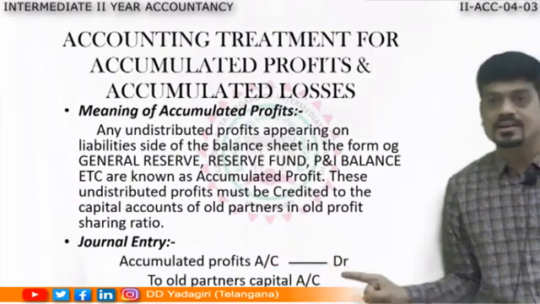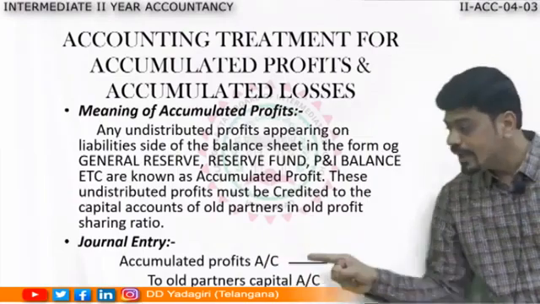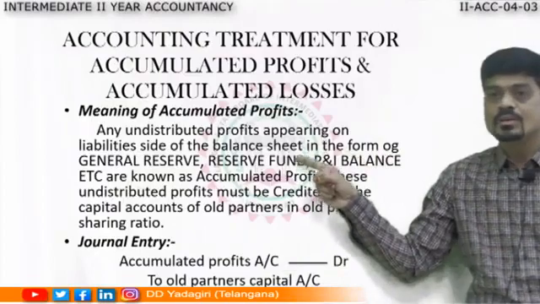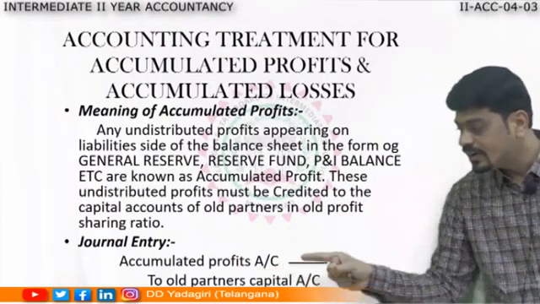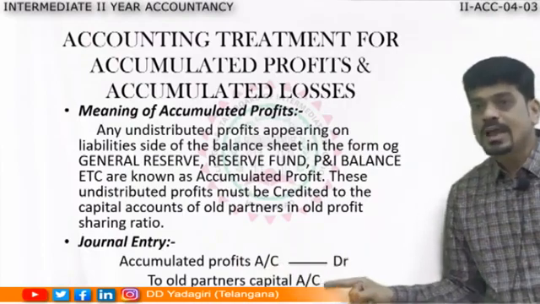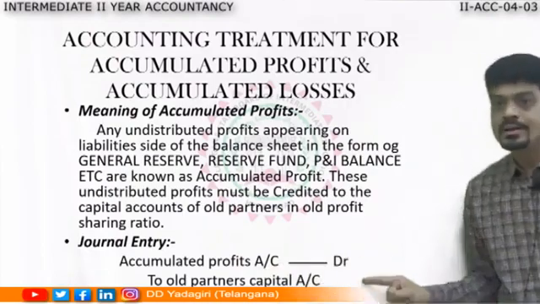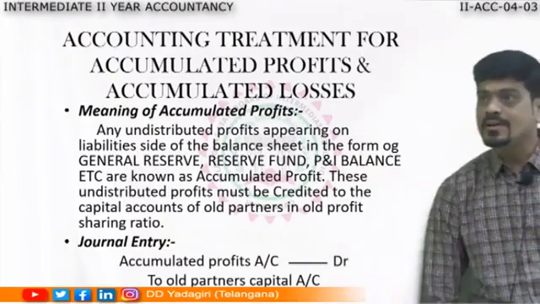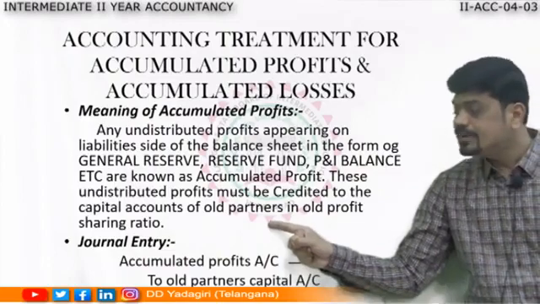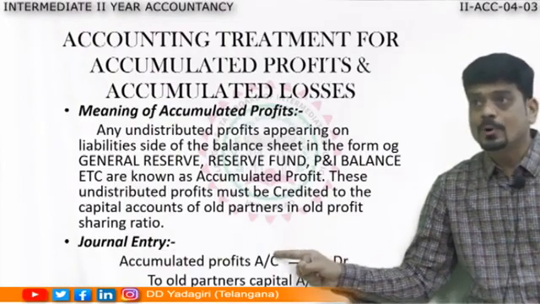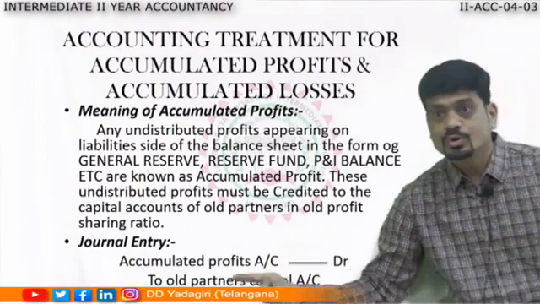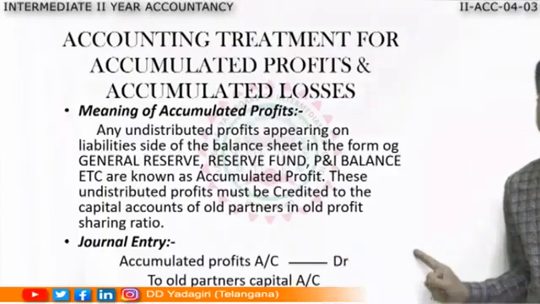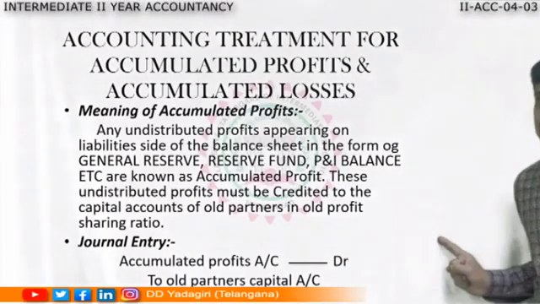Let me say 2 old partners are there, X and Y. So to X capital, to Y capital. Like that, let me say they told reserve fund. So we'll substitute reserve fund account debit to Rosy capital account, Gold capital account. Like that, whatever names of the partners are given, we are going to distribute. Then what will be the effects? In that particular account, that is the accumulated profit account, on the debit side we'll write the 2 old partners, that is their names individually, and in particulars we'll write by accumulated profit.